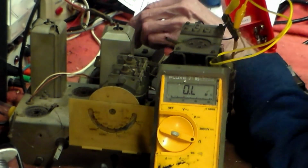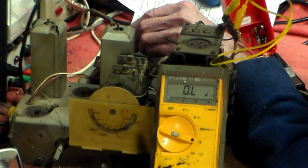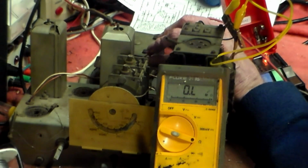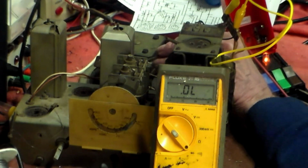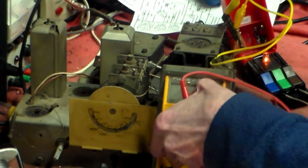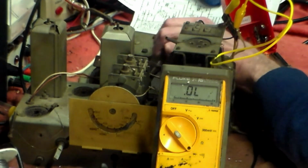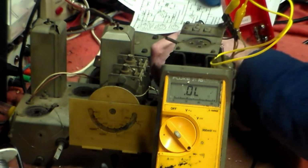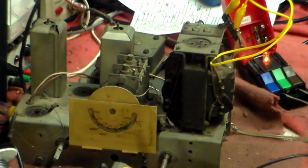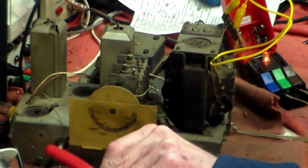Sometimes of course it's the connection itself that's a problem. So there's something there anyway. Another thing we can do here, by the way, is we can check with the rectifier in circuit whether it's going to be okay, but I think from that the transformer is okay. So now, right,